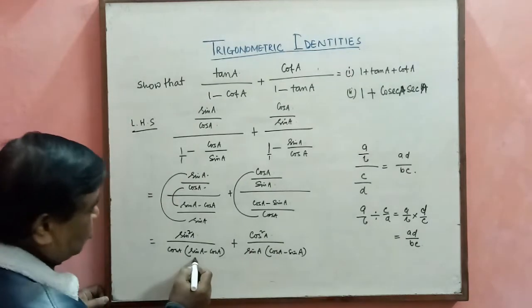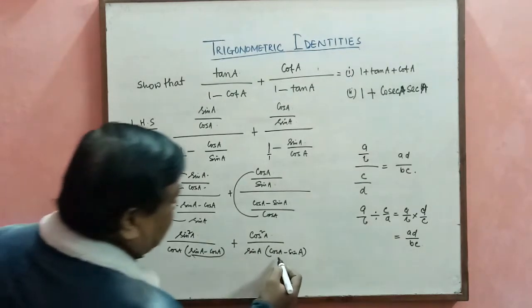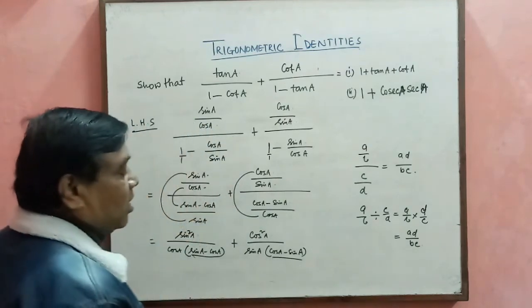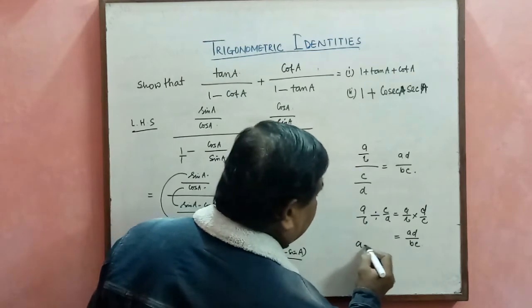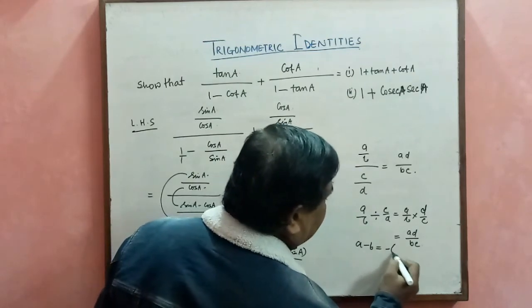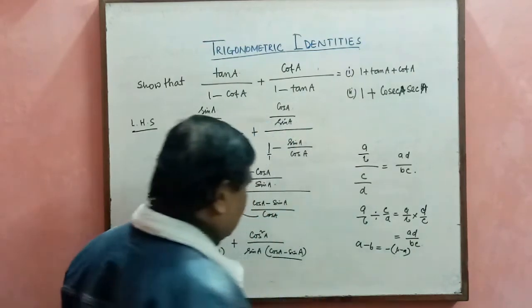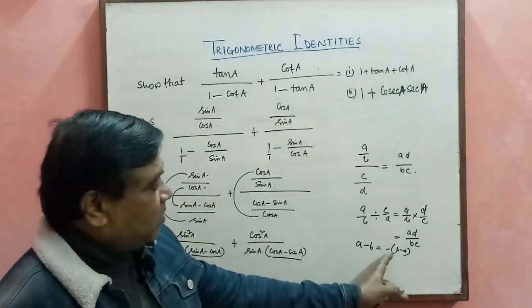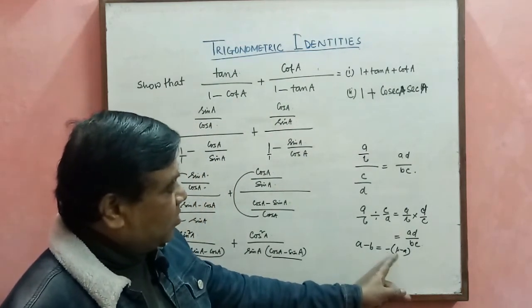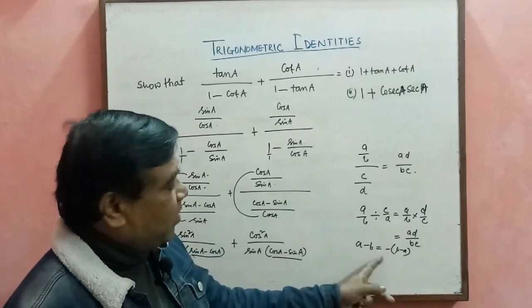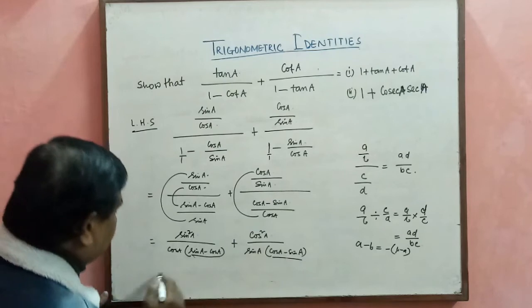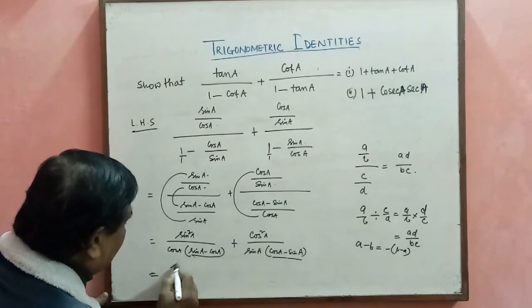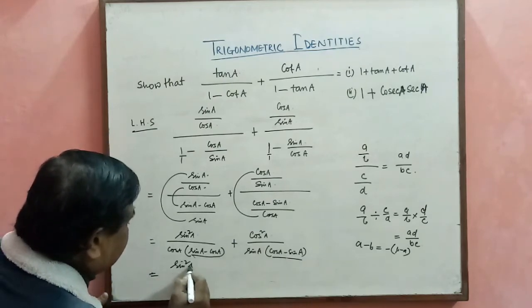Now you see here it is sin, cos. Here it is cos, minus sin. Here you have to know A minus B is equal to minus (B minus A). If you just multiply, this is minus B, minus plus A, so this is A minus B. So I will take a common minus here, so that it will be easy for me to take the LCM.